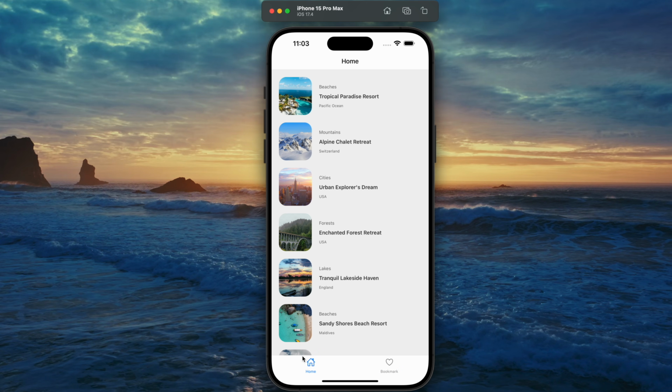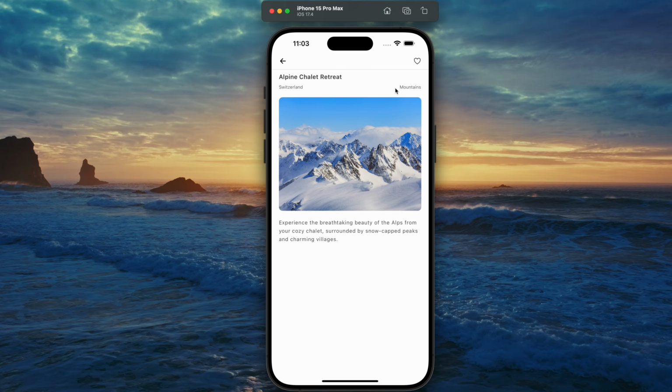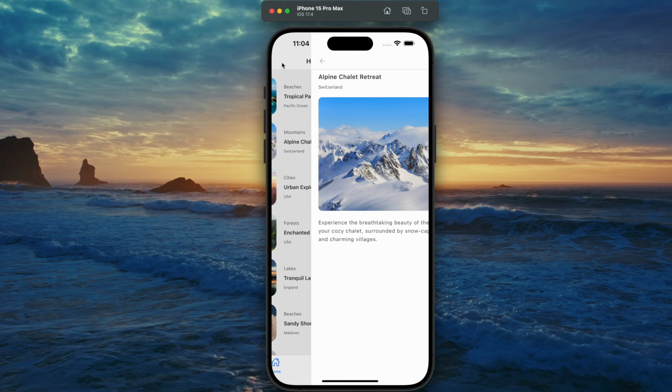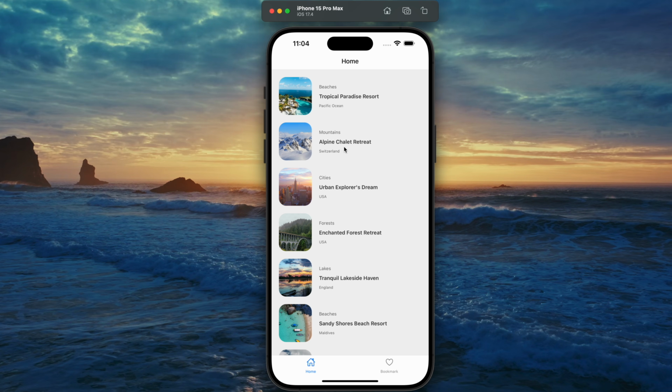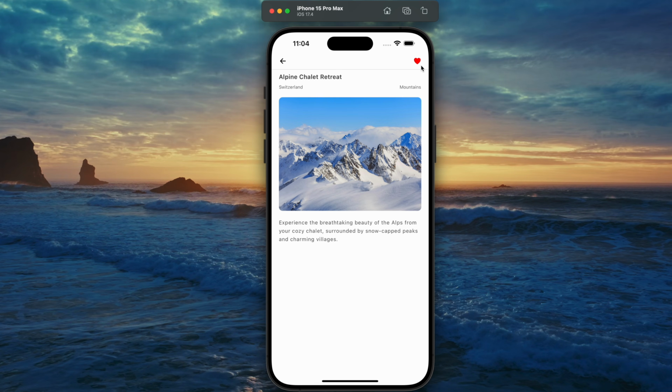And here also we can see we have some items listed and these are the items which have been bookmarked. So here if we go to any item, then we can see this heart icon and we can click on that heart icon and it is showing in the alert that the item have been saved, right? And now if I go back, then again if I go here, then we can see that it is bookmarked by this red color filled heart icon. And now if I click on it, then it is showing the item is unsaved. So that is the functionality. If it is being saved, then it will be unsaved, and if it is not saved, then it will be saved by clicking on the same icon.